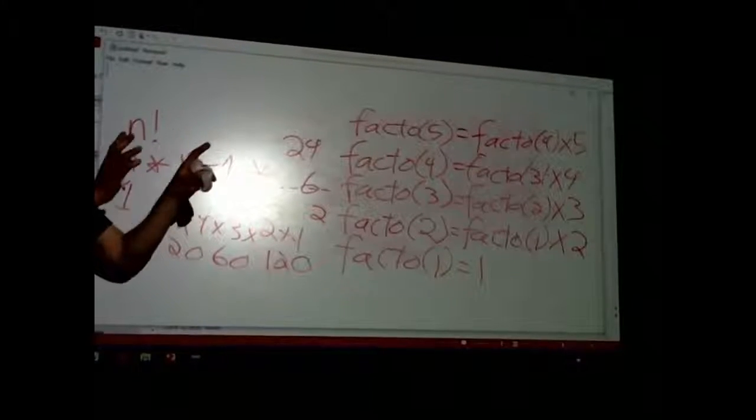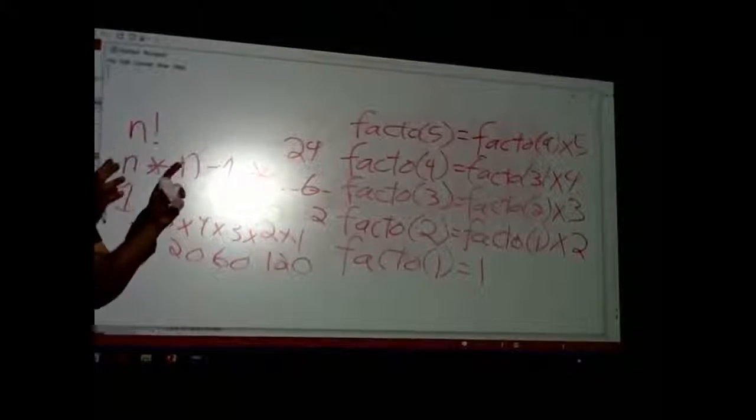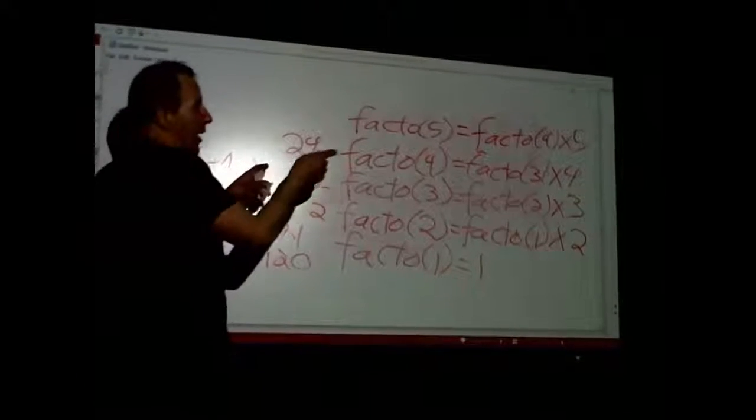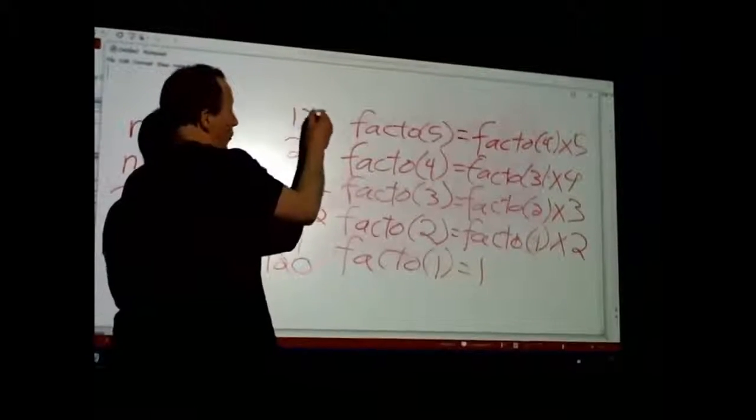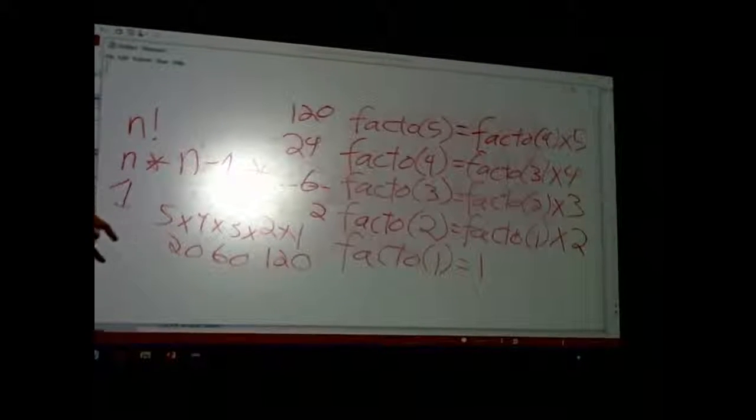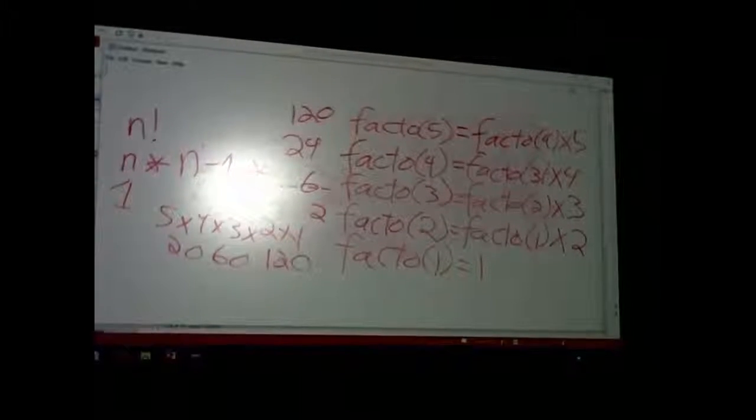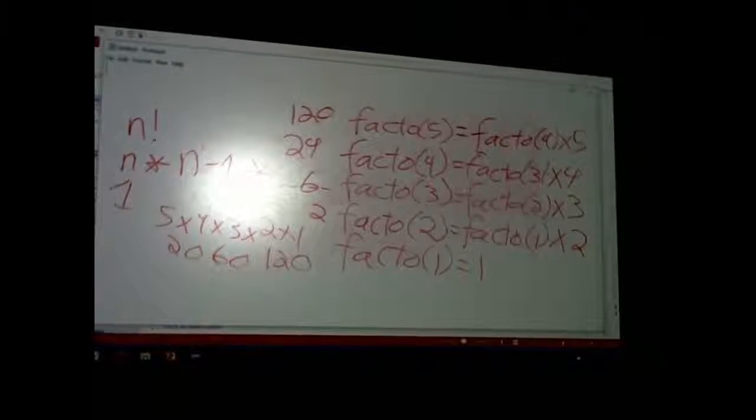So facto 3, which is the number 6 times 4, is 24. That's the value of facto 4. So now the value of facto 4, which is 24 times 5, this is 120. So it comes out 2, 6, 24, 120, which is different than we have because it does it from the